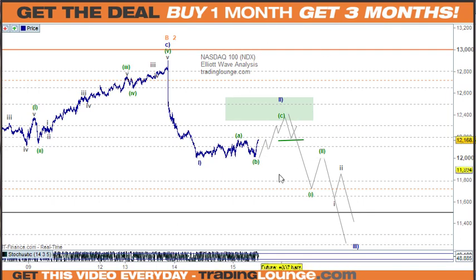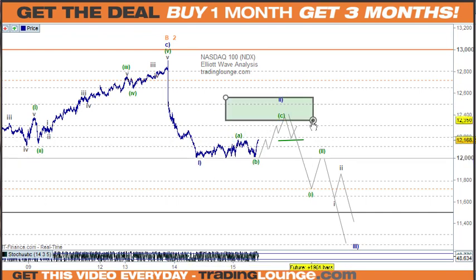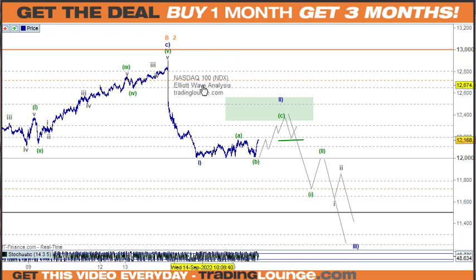So the NASDAQ's the same as well. We can just look at the wave 1 here with an ABC. It may or may not reach the box. I think I brought that down a little bit further. Very small amount up here. Do not overtrade up here. I don't want you blaming me for anything.